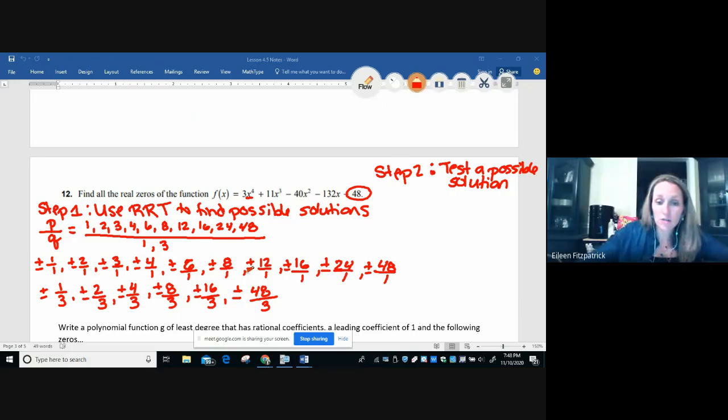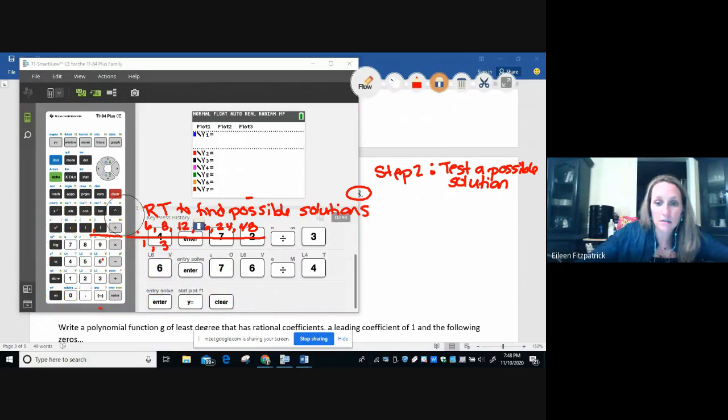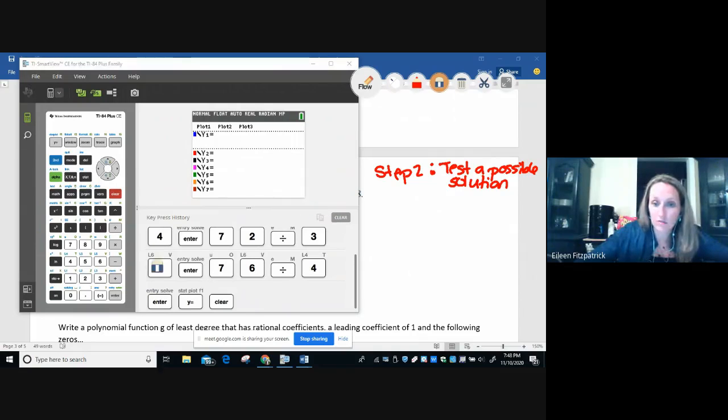So what you're actually going to do is take your calculator and graph the given polynomial function. I'm going to have to erase these. Hopefully you guys have them copied down. I don't have enough room on my screen to do what I need to do. Okay, so I'm going to graph